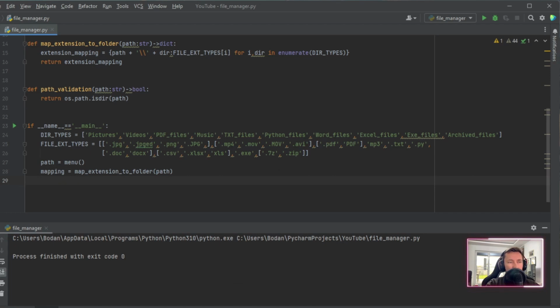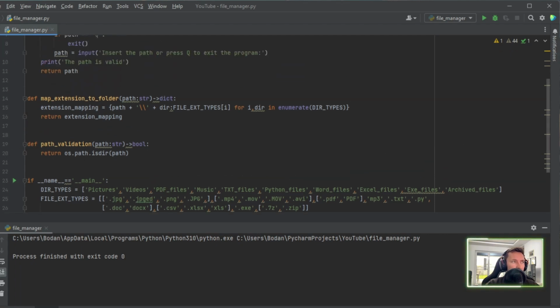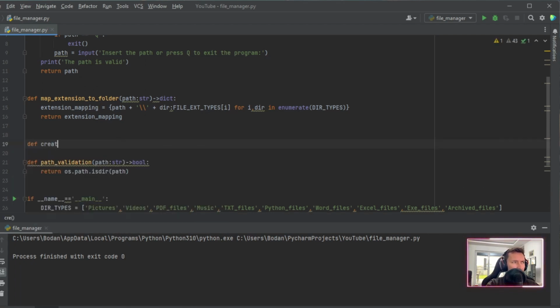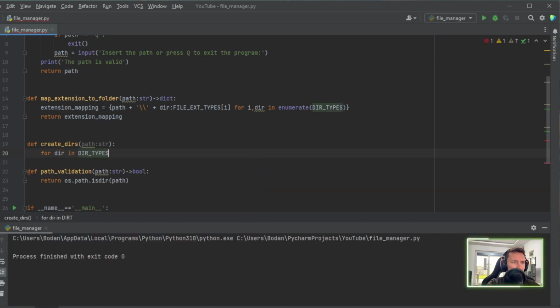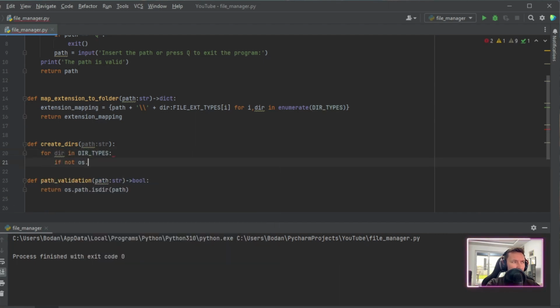Now we also have to create directories. So to do that, we have to create another function which will basically create the directory. So let's say we define create dirs, which takes path as a string. We again use the path, and for directory in dir types, if not os path is dir, because we want to check first if this is already existing. But if not, then we will